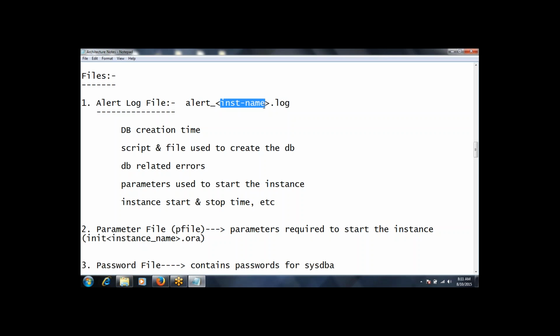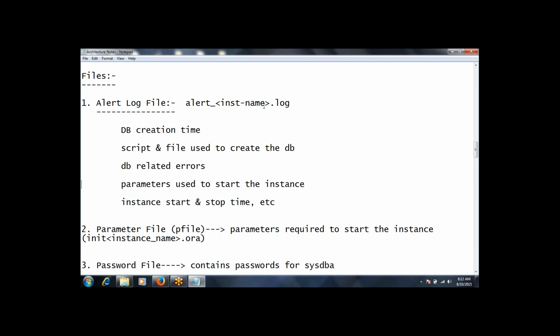This P file contains the parameters that need to be started for the instance initiation. So all those parameters will be in the parameter file. Those parameters that are required to start the instance also will be recorded in this log file. For the database creation, we use certain script files, so those also will be recorded in this log file. These are the details that the alert log file contains.